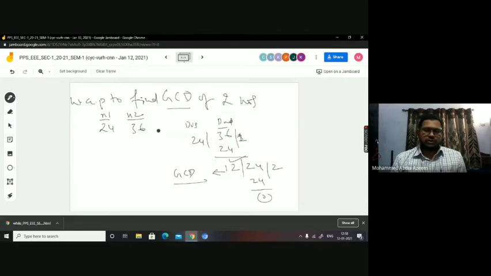I hope all of you know this, right? The factorization method is also there. You find all the factors of 24 and then you write the factors of 36. The greatest common one out of it is the GCD. This is another method, but it takes more complexity when you come to programming. The division method takes less complexity, so I am going with this technique. I hope the problem is clear to all of you.